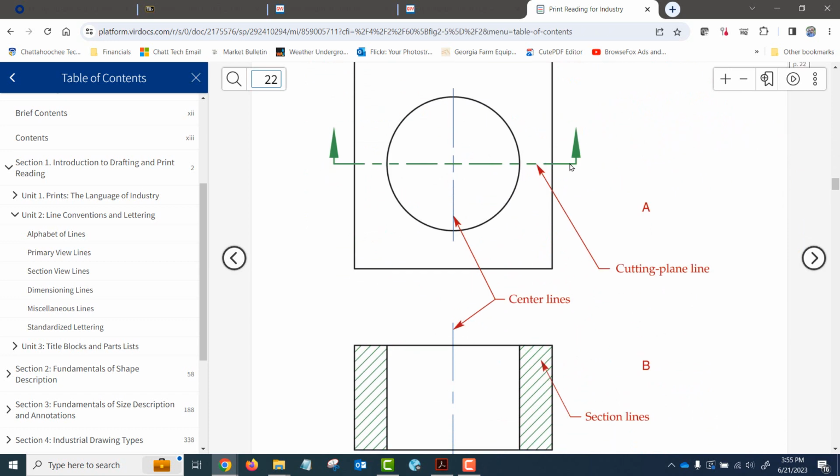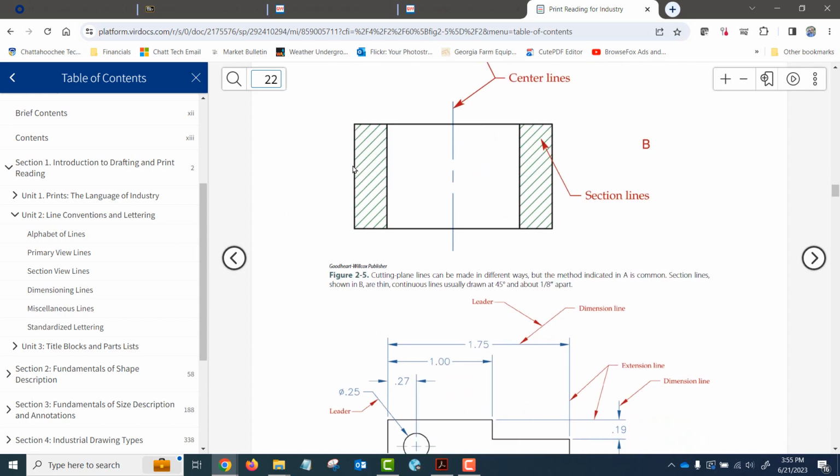If we have a cutting plane through a circle like this, you do not draw a center line under the cutting plane line. This is what is covered under what's known as a hierarchy of lines, in that if you have multiple lines in the same location, which one has hierarchy, which one has precedence that you would draw. And a cutting plane line is more important than a center line. So there is no center line underneath that. Okay,